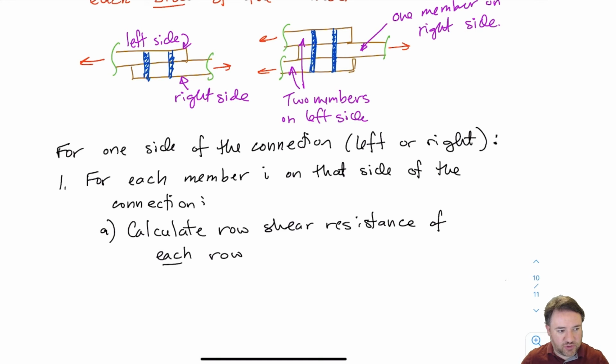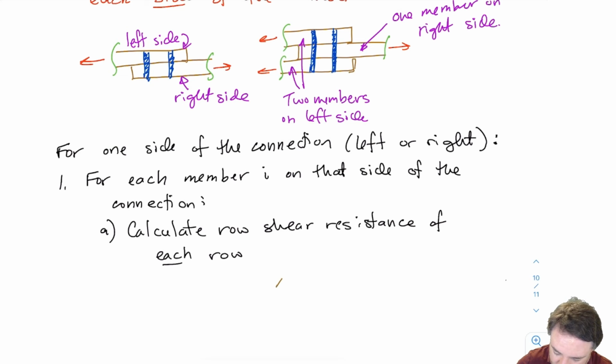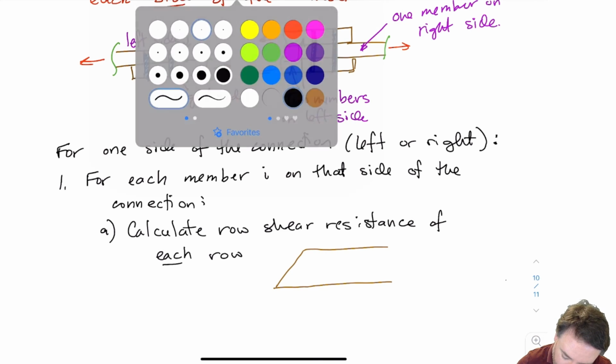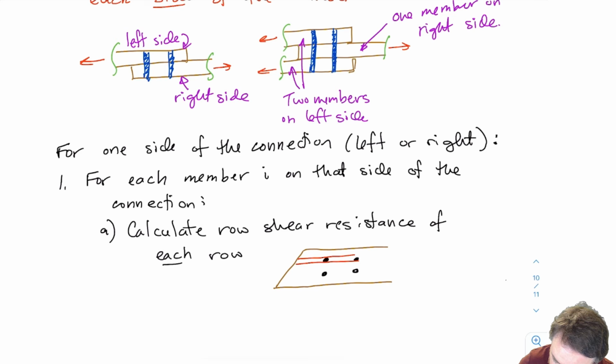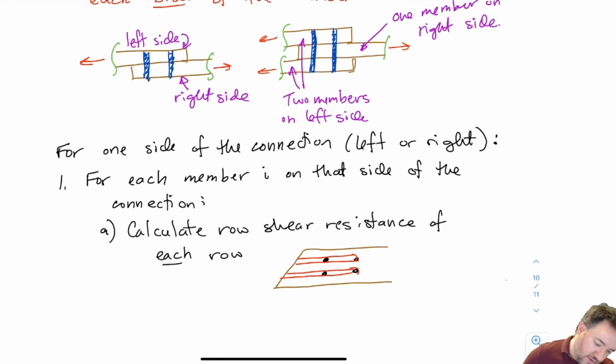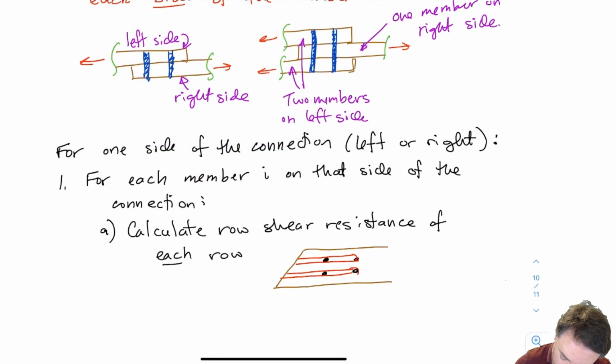For each of those members, the first thing I'm going to do is calculate the row shear resistance of each individual row. For example, let's say I have a piece of wood like this, and I have my bolts. Then I'm going to have 2 rows for row shear. I'm going to have that one, and that one there. So this is going to give me row 1 and row 2, and that's going to be PRI1 and